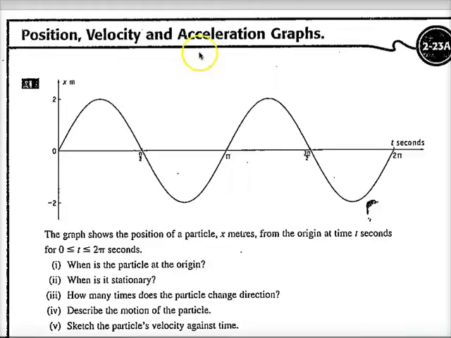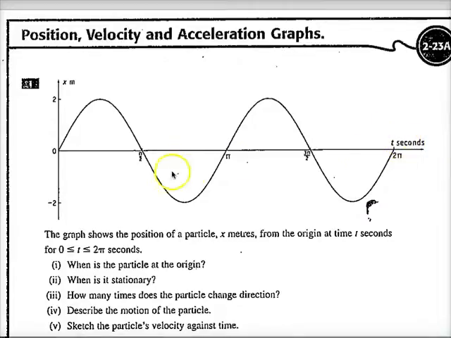Okay, in this video I'm just doing a verbal explanation of some of these questions in this worksheet that you were given on position, velocity and acceleration graphs. Question 1, we can see that the graph shows the position, so it's x displacement of the particle